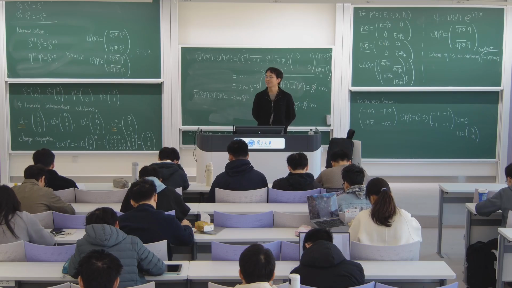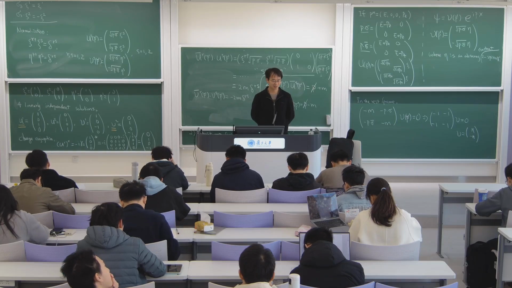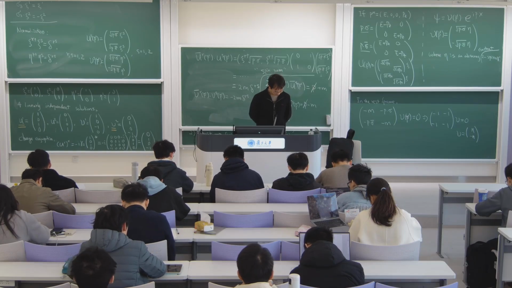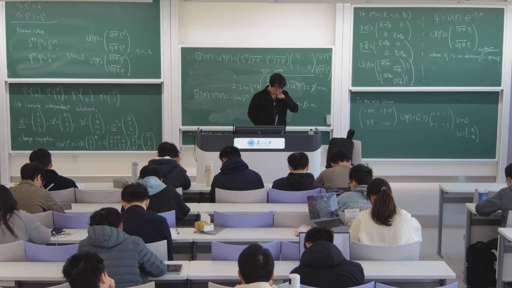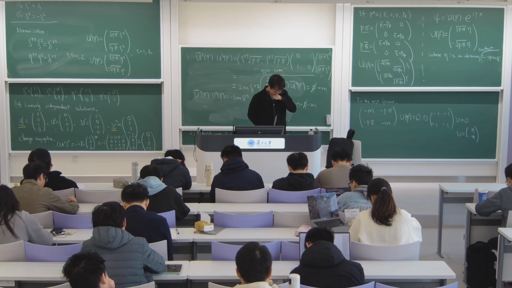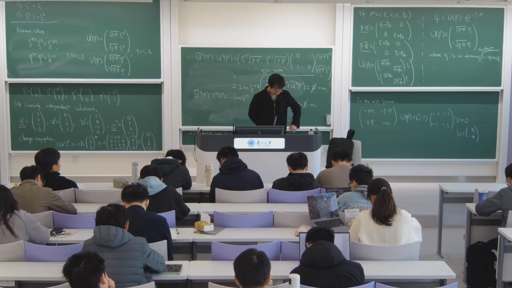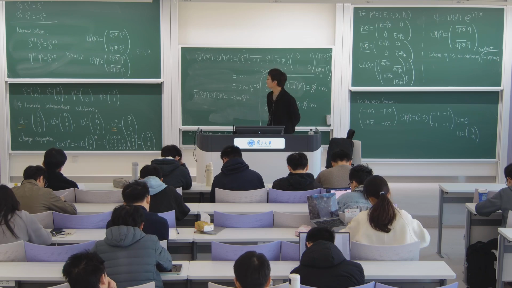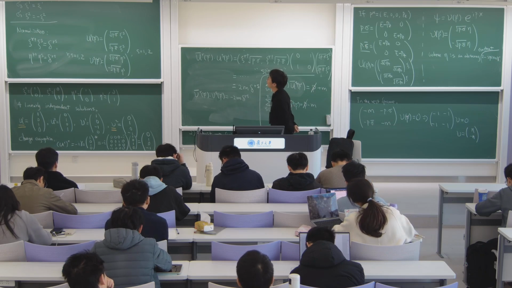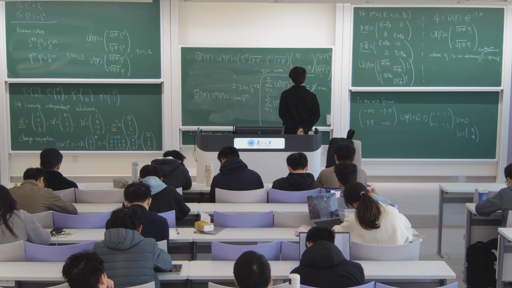You can just count the dimension of your phase space. And another way: because this is a first order equation of motion, which is indeed different from what we understood,